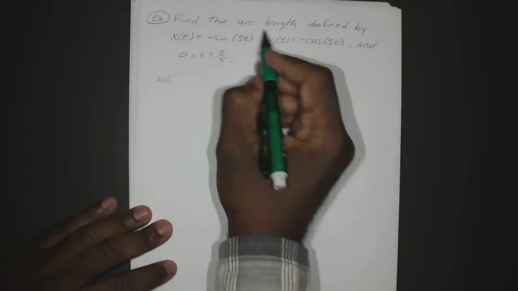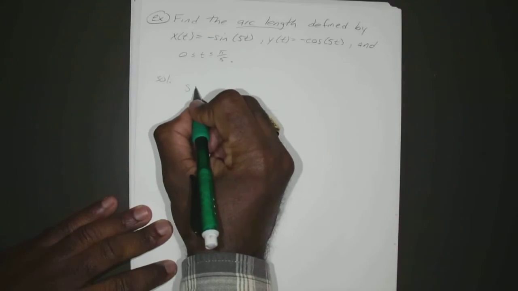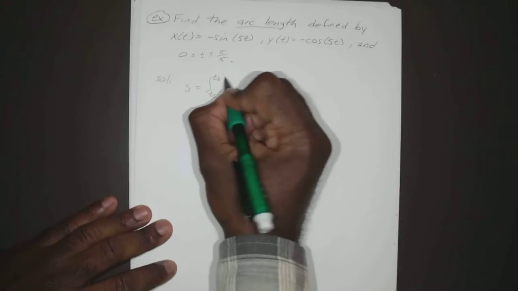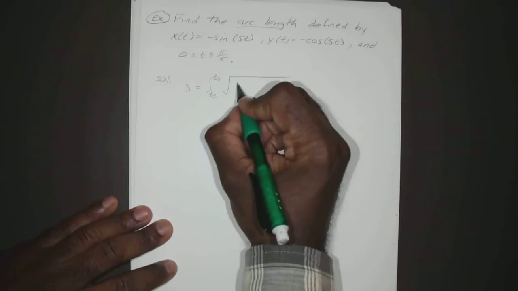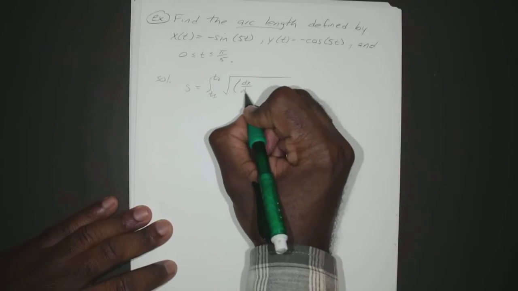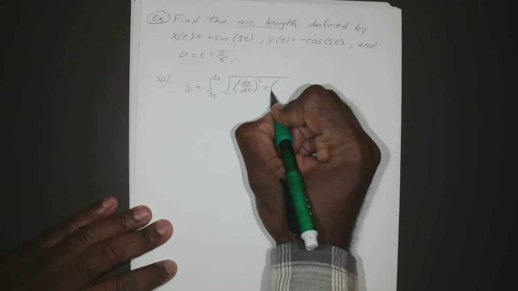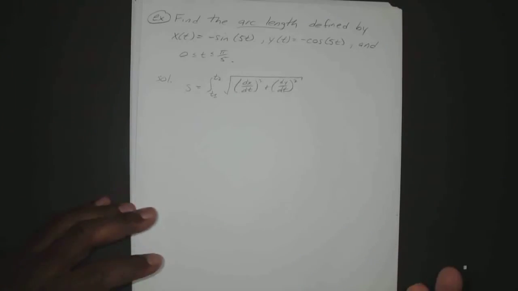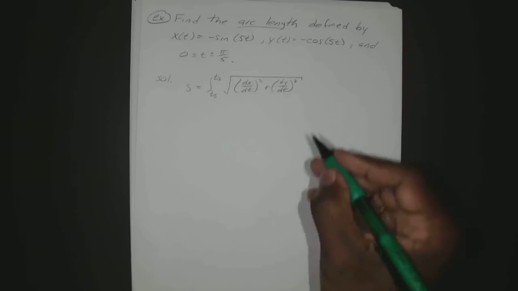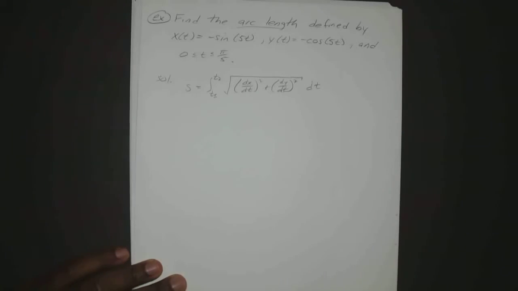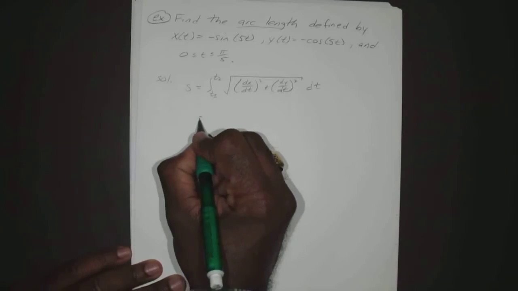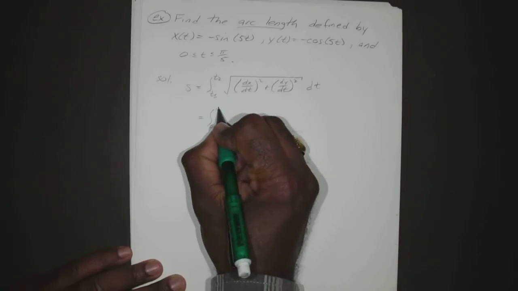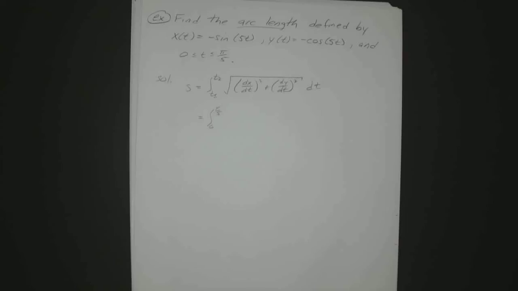Right, so we know our arc length formula: S is equal to the integral from t1 to t2 of the square root of (dx/dt) squared plus (dy/dt) squared. Or you can write x prime of t, y prime of t squared. Either one of those will work. So that's going to equal the integral from 0 to pi over 5, as your t1 and t2,